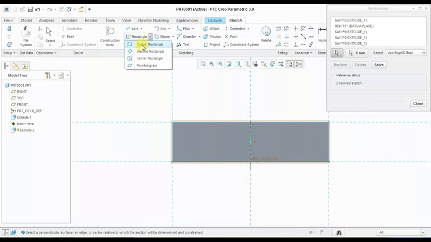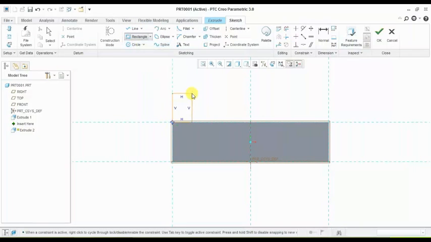Now I am drawing a corner rectangle. Its height is 50 or 40, and 30.